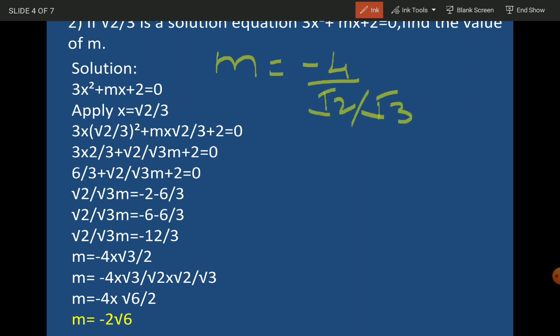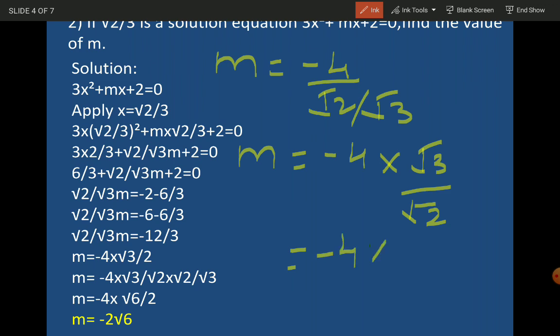Interchanging like this, m is equal to minus 4 into root 3 by root 2. Now we have to cancel the root 2, so we multiply minus 4 into root 3 by root 2 by multiplying the denominator